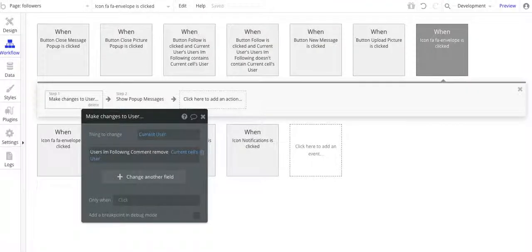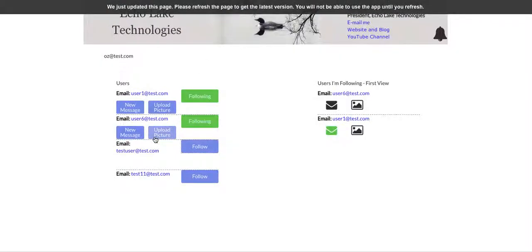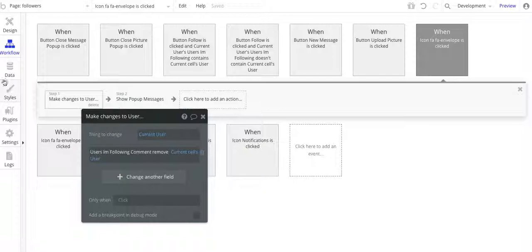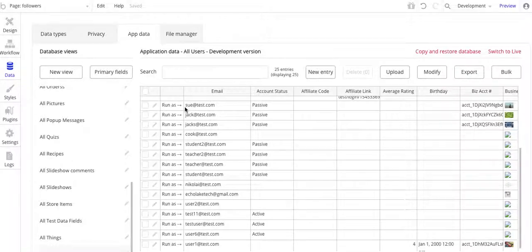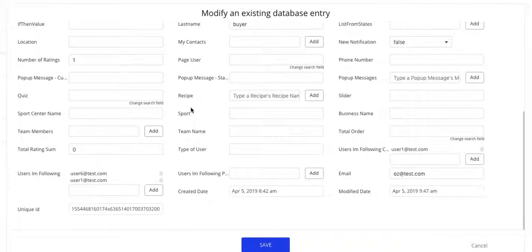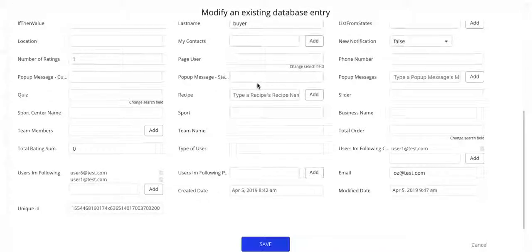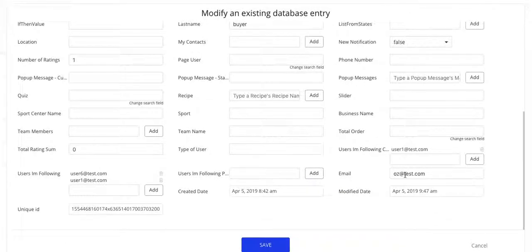And actually, let me go over to the database and I can show you. So Oz. All right, users I'm following, and this is for the comment. So user 1 has made a comment. And basically, whenever user 1 makes a comment, it's going to add it to this field in the database for Oz. Okay, when Oz looks at the content,